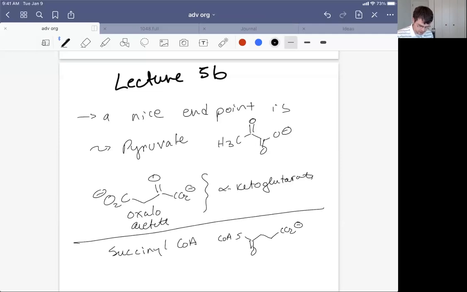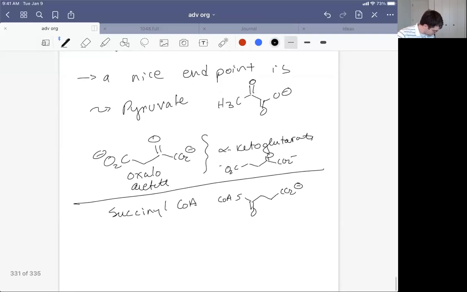So alpha ketoglutarate, I guess I can draw that. That's not a big deal. We've looked at that a few times. All right, all the molecules. Succinyl-CoA, and we can get to fumarate,